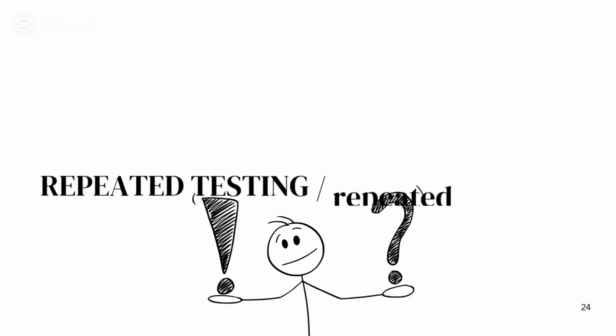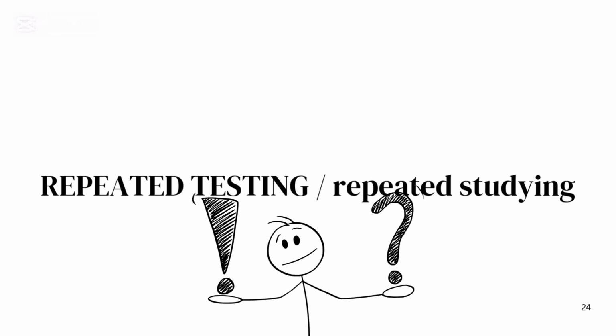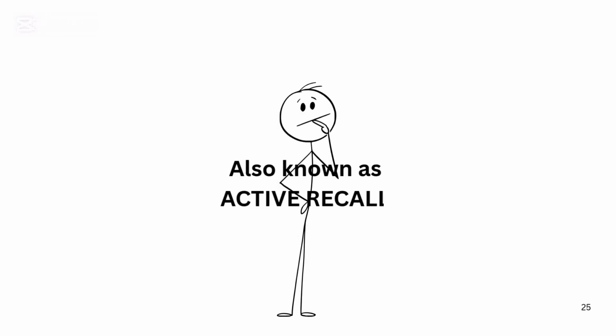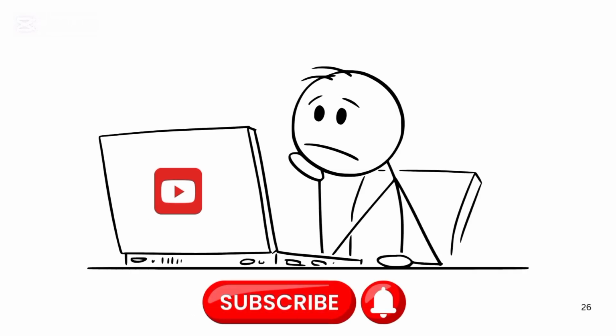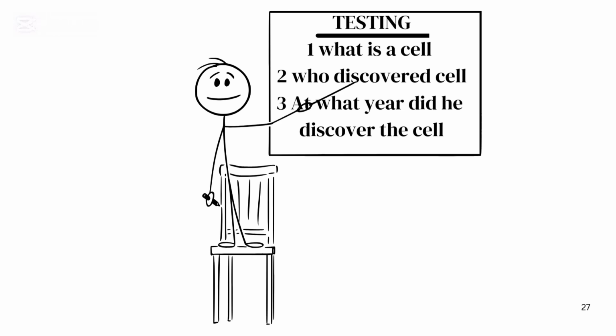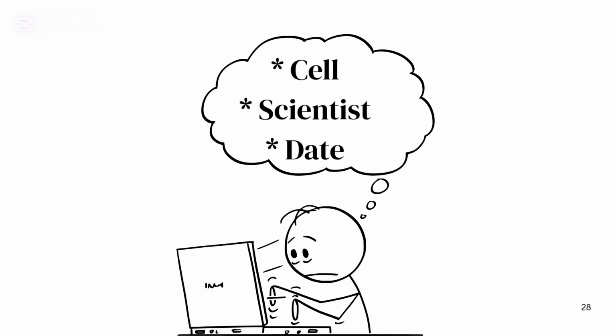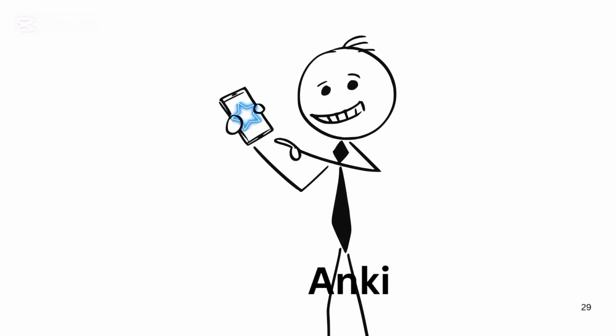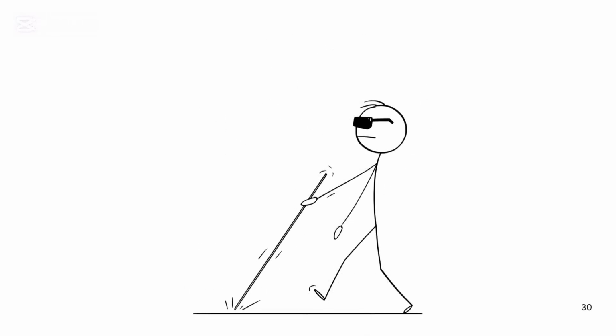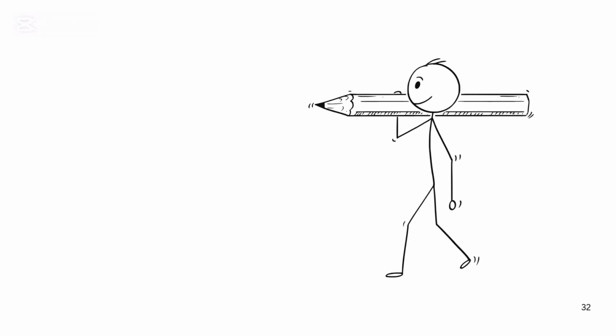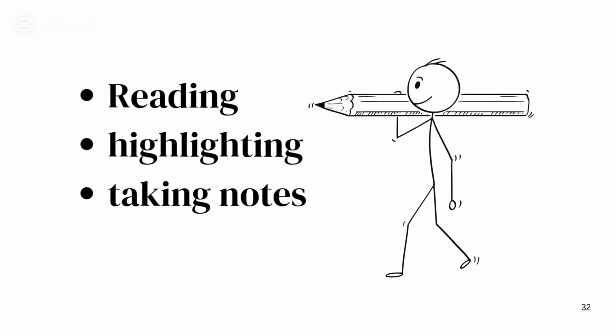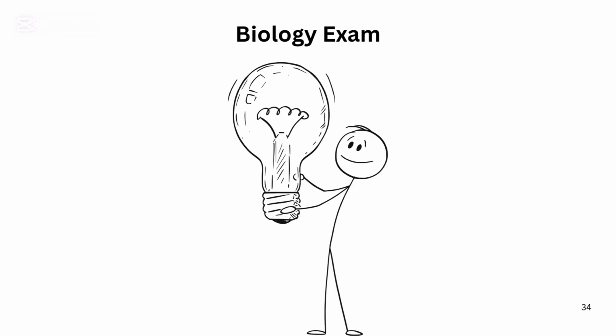What's the difference between repeated testing and repeated studying? Repeated testing, which is commonly known as active recall, is what we are going to do in this video in depth. This is by testing yourself on the learned material without seeing the material, whether it's by writing notes or using software or apps to ask you questions without seeing the learned material. While repeated studying is you seeing the learned material and just rereading, highlighting, or making a summary of what you've learned over and over again, hoping that you remember it during exams.